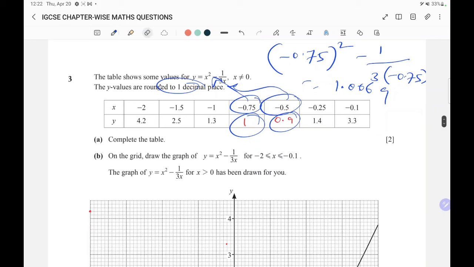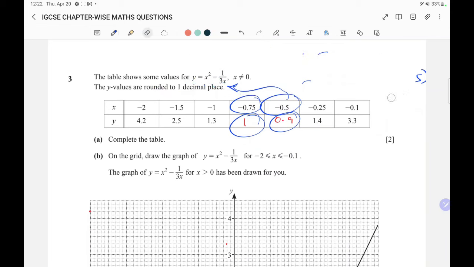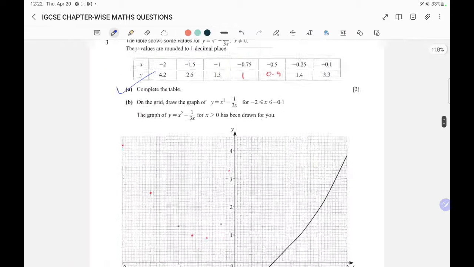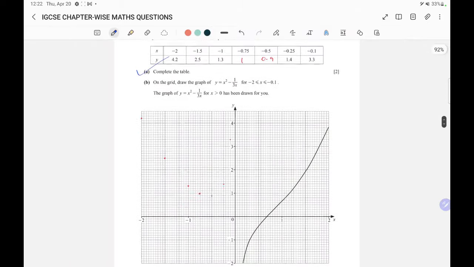Okay, now remove all these. It should be neat and clean. Complete the table. So we did that. On the grid, draw the graph of this. So again, like the previous question, we have to just